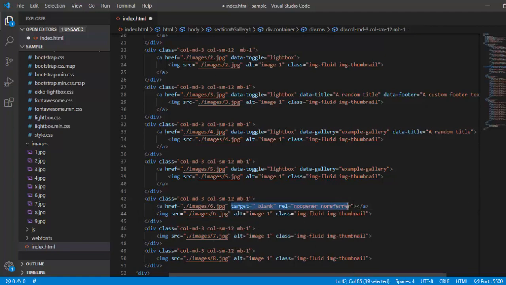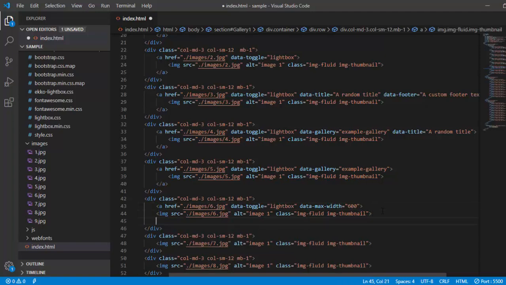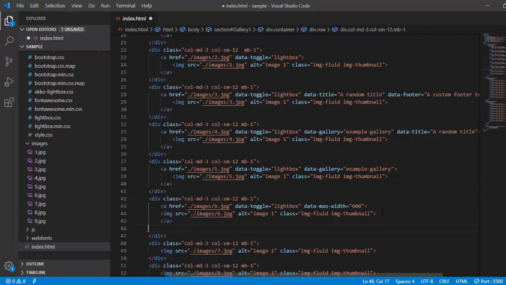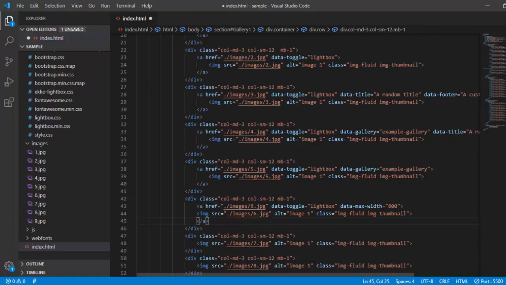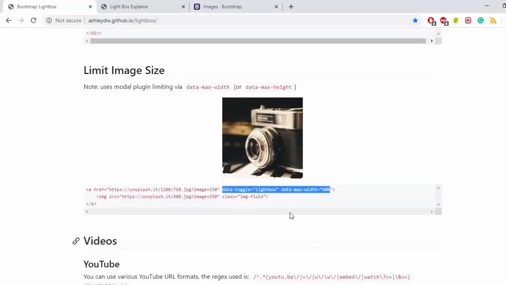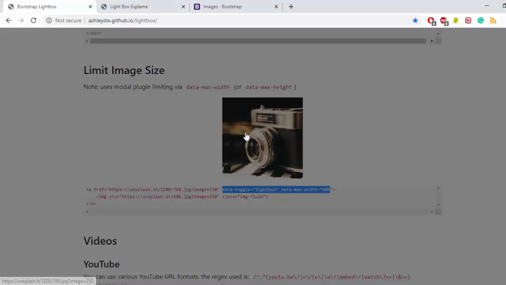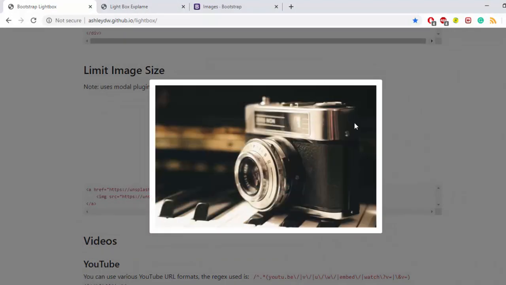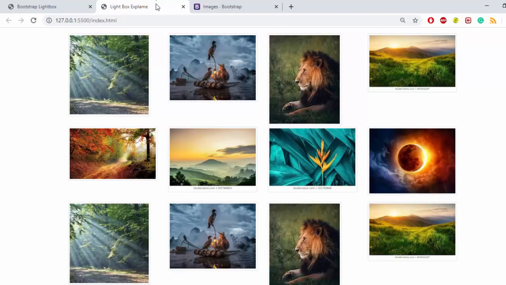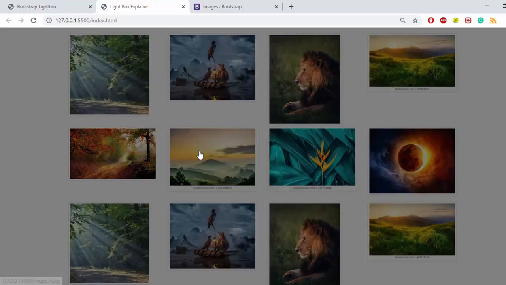Because I don't want more complications. You can use one section with one set of parts. Done. This is the Lightbox of maximum width which I have given. Okay, so please check how it looks. It will cover a maximum width of 600 pixels. Okay, so let us check which image. I think this image.